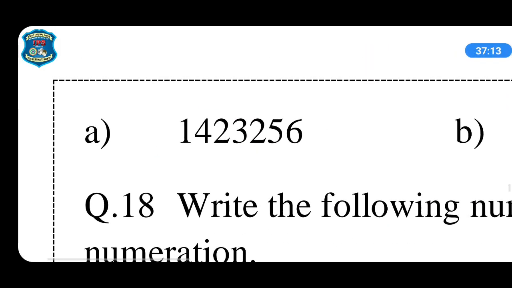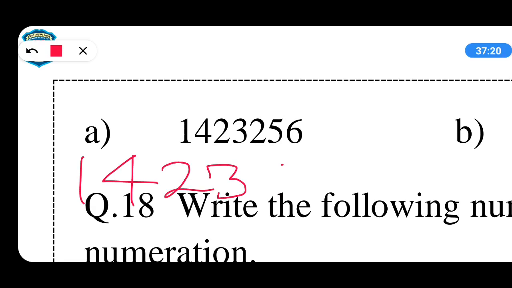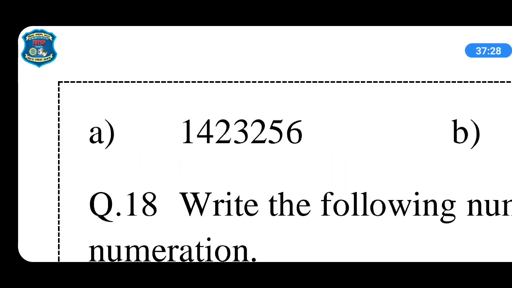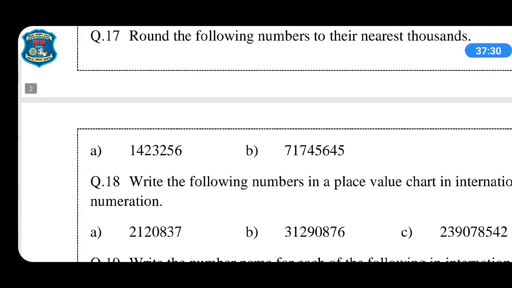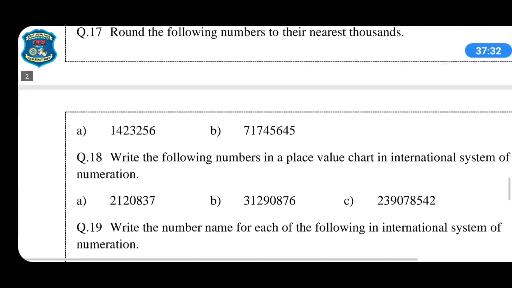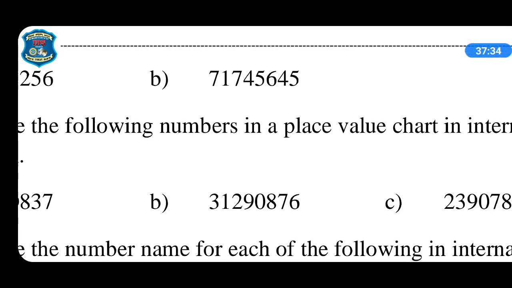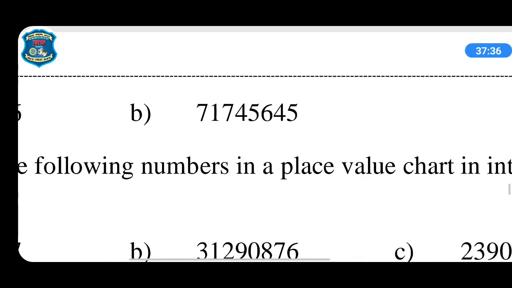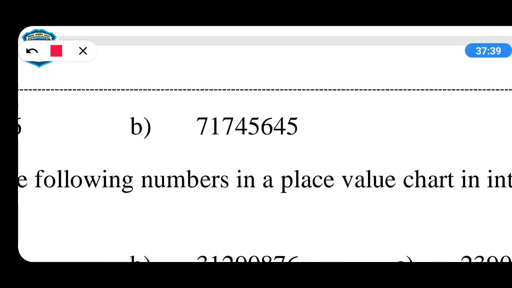You will get 14,23,000, right? So in this way you have to find the nearest thousand. Got it? So let us see one more, B part. What number it is? Just see, it is